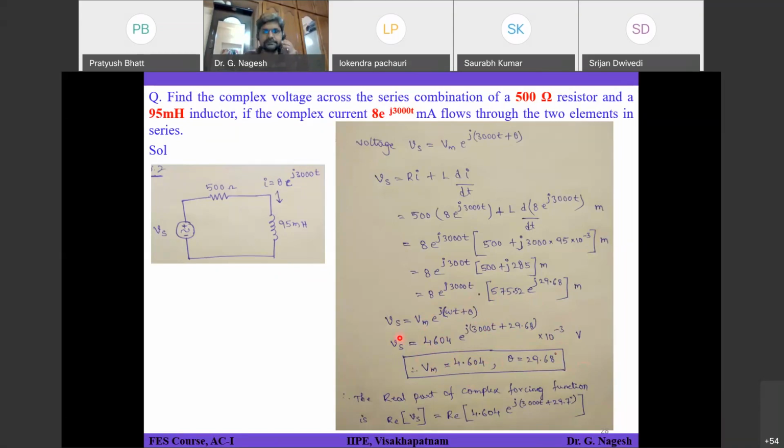Is it clear to everyone? Yes, sir. So this is the basic thing you should know: conversion of rectangular to polar, how to represent a complex number. And you should be very clear that you have only the real part in your circuit. We are intentionally adding an imaginary part and making it a complex source, finding the response in complex format, and finally taking only the real part of the complex response. Imaginary is just a fictitious quantity. It does not exist in your real system or in your circuit.